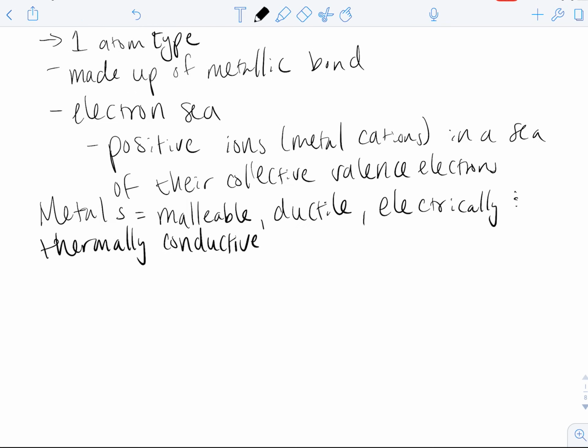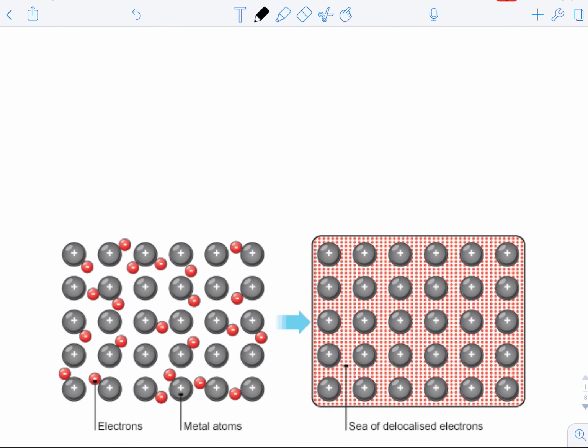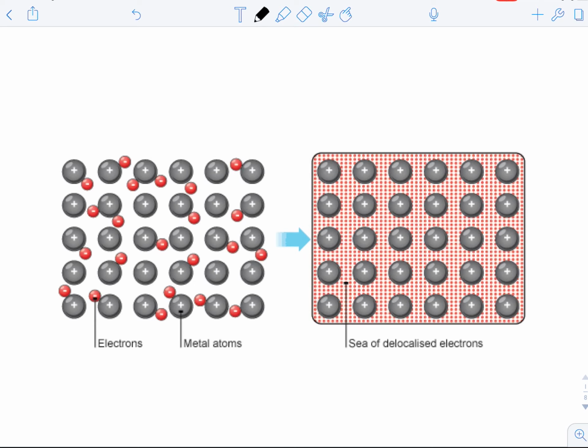Okay. So let's real quick look at what the electron sea model looks like. So if we think about delocalized electrons, the picture we see on the left, we have our valence electrons around our positively charged nuclei. Our positively charged metal ions. So we have our metal ions with their electrons. With the electron sea model, those electrons are going to be shared throughout. So they're not going to be in between specific atoms or specific ions. You're just going to have a sea of electrons with positively charged cations throughout,